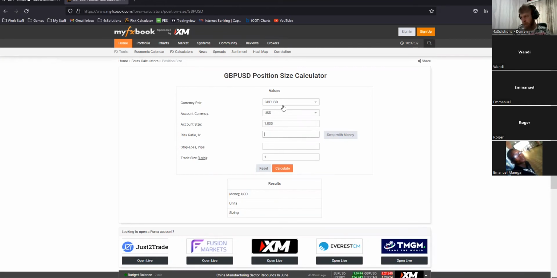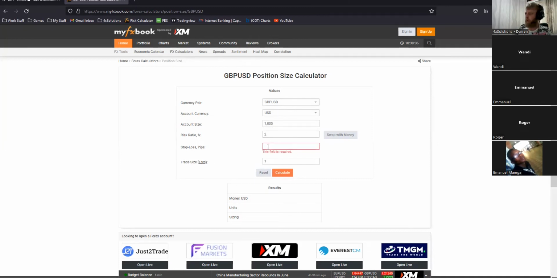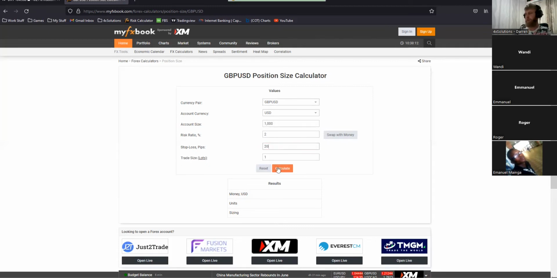Okay, well, I'm going to touch on this lightly. We can always touch on it again later if I get feedback that people understand it slightly or don't understand it at all. I'm not going to spend a lot of time on it because this is really basic stuff. So we should all understand this, but I'm just going to touch on it lightly. So obviously, our amount of lots we can use on a specific trade is decided by how much we want to risk of the account with our stop loss. So if we wanted to risk, let's say 20 pips and we want to risk 2% of the account,